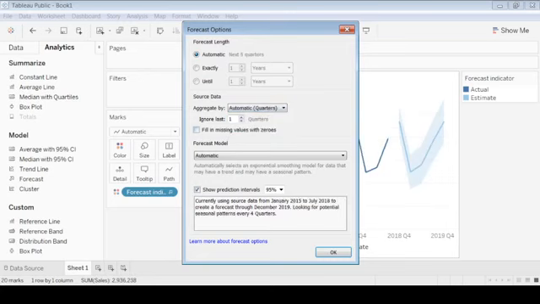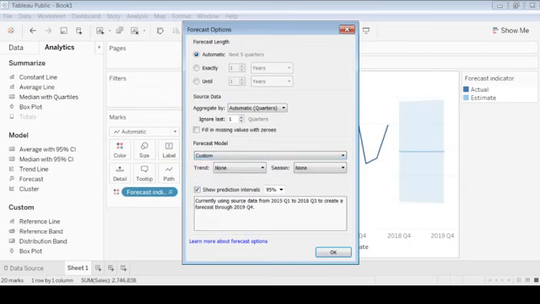Here you can fill zeros in the missing values. Here is the forecast model, how you want the forecast model to be. That is automatic, which consists of seasonal plus trends and all. If you don't want the trend and just want seasonality, you can go ahead with this one. And if you want custom, for that you need to change this for additive and multiplicative.